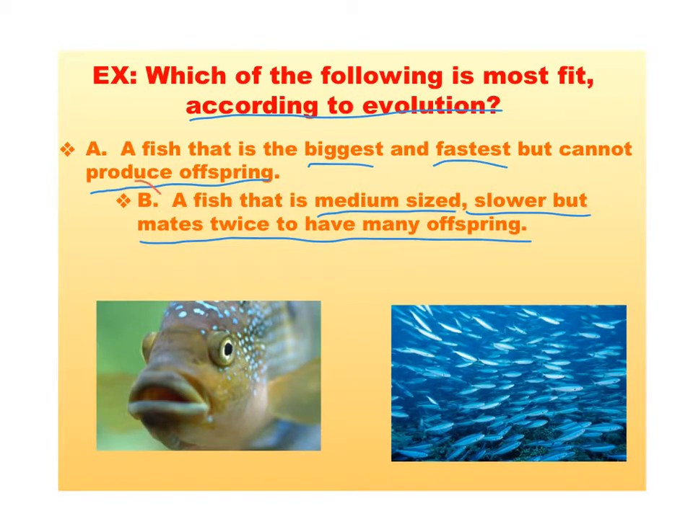Hopefully you picked fish B. Since fish A, even though it's big and fast, produces no offspring, its traits, its genes will not be passed on to the next generation. That fish's traits, its genes will stop. It's done. But this guy right here, since it has many offspring, has a good chance that some of its little babies will survive and pass on its traits to the next generation and the next generation and the next generation. So the fish that is medium-sized and slower will have higher fitness than the big, fast fish that